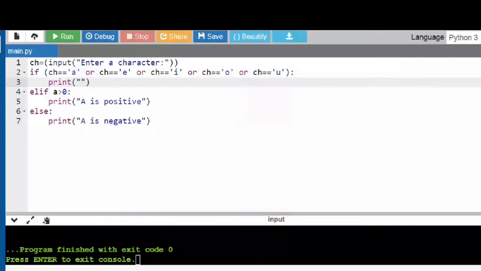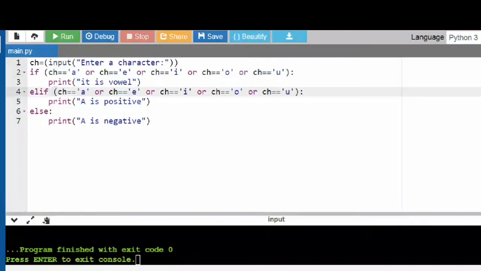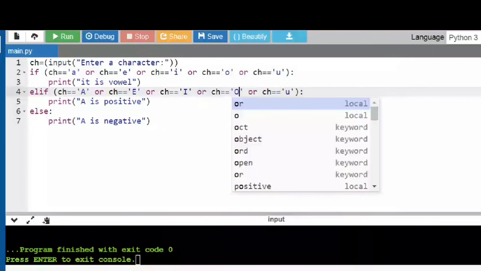Otherwise, use this elif for giving the uppercase vowels. So I can say this is capital A, ch is equal to capital E, then capital I, capital O, and capital U. And again, I'm saying it is a vowel.